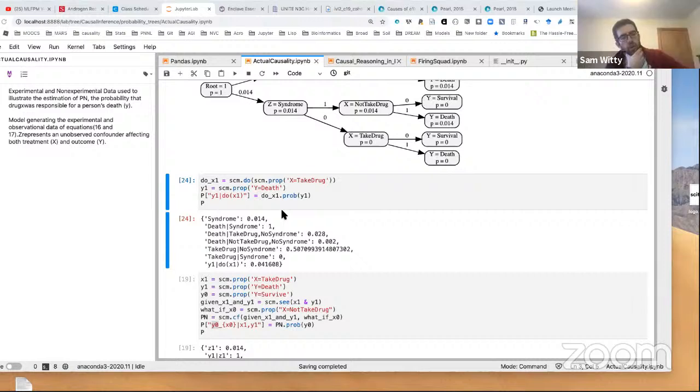So what if X has a really high cardinality here? Okay. So it's not true or false, but it's just some integer, right? Sure. One through n. So you observe that X equals little x, Y equals little y. How do you define probability of necessity now?